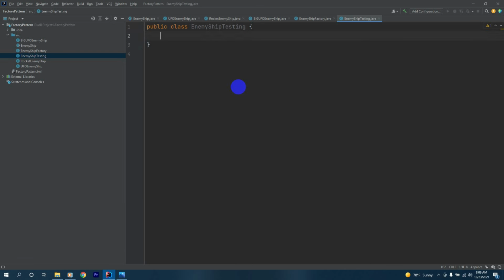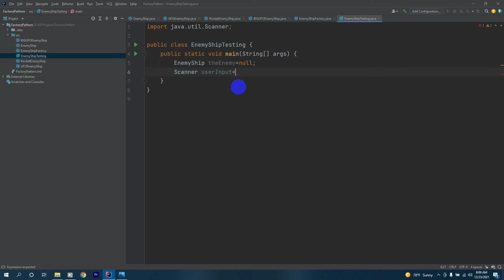And inside it we'll have our main method, and inside it first we'll make an enemy ship called the enemy ship, which will be equal to null, and we'll have a scanner class placed, Scanner user input equals new Scanner(System.in),